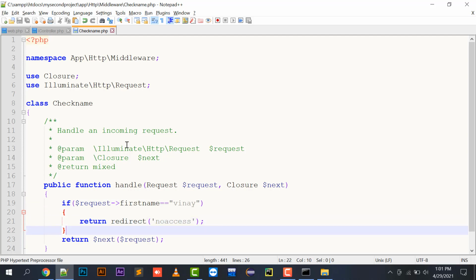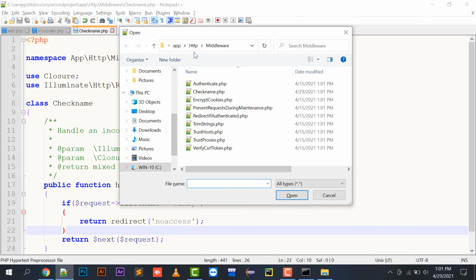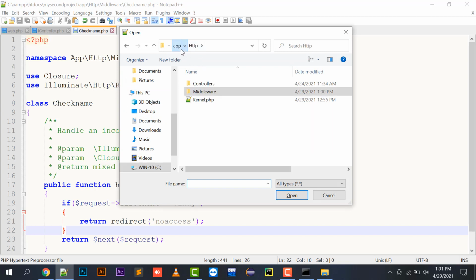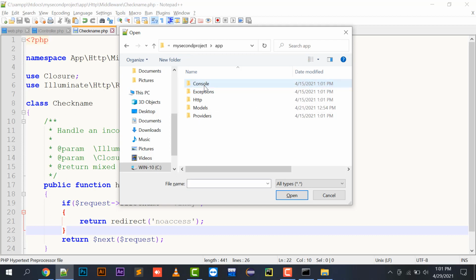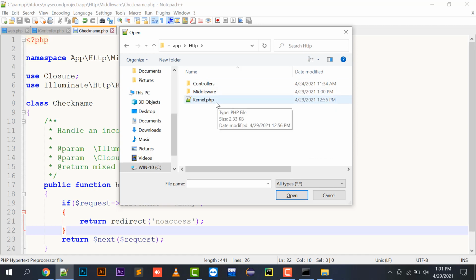Now whenever you create a middleware, after creating or implementing any function in the middleware, you need to register this middleware in your kernel.php file. Your kernel.php file is located in your app folder, in the HTTP folder; there is a kernel.php file pre-made by your Laravel project.